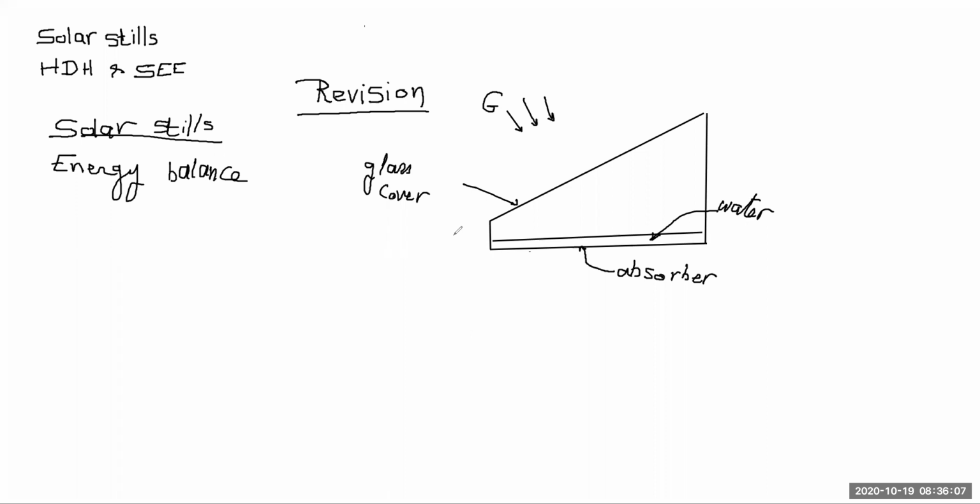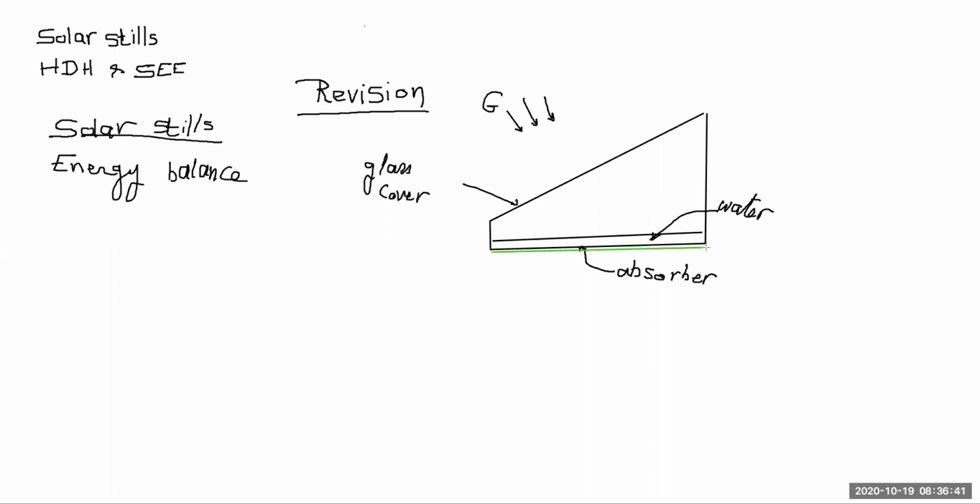In this specific case that we have in front of us, let's consider it. What happens? Let's start with the absorber. The absorber receives energy and is heated, and then after being heated, it transfers heat to the water above it by natural convection. Definitely, I have to mention that below the absorber there is another layer, and this other layer is made of insulating material. So which means that right here,